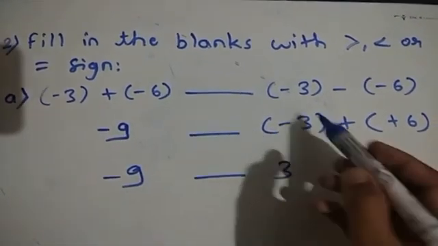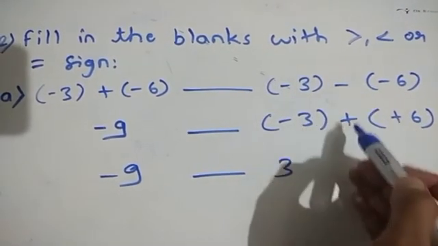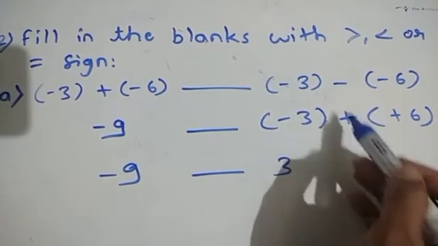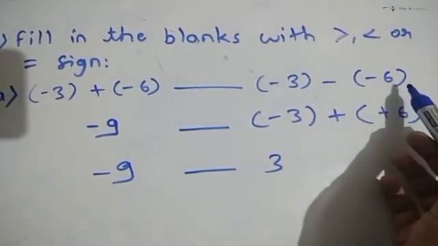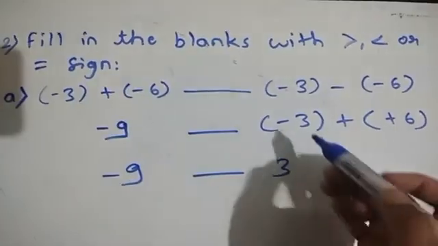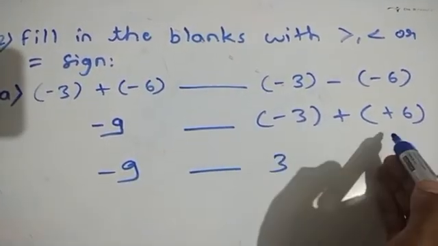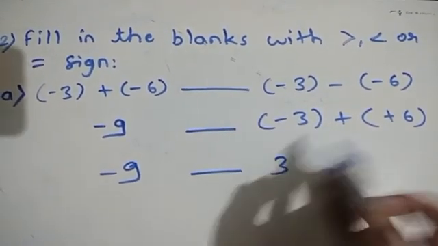Now here see, minus 3 as it is, here subtraction is there, therefore this we have to convert into addition. Here instead of minus, plus will come, and here minus 6, additive inverse of minus 6 is plus 6. Now next here minus 9 as it is. Now here see, one integer is negative, another is positive. We need to subtract. 6 minus 3 is what? 3. What will be the sign?